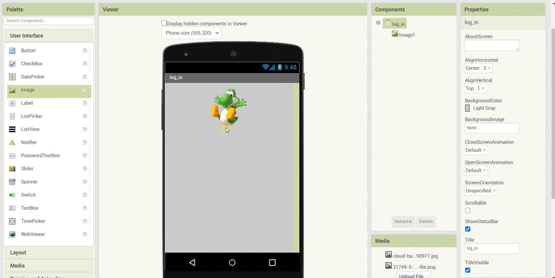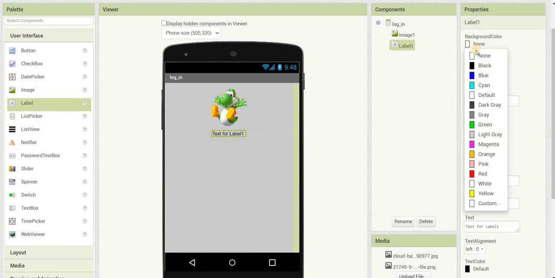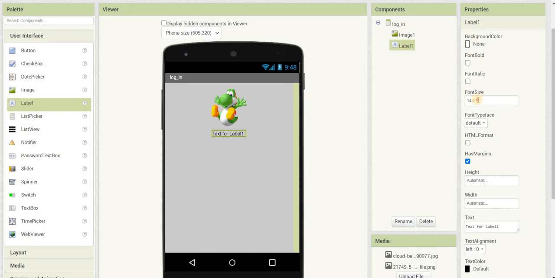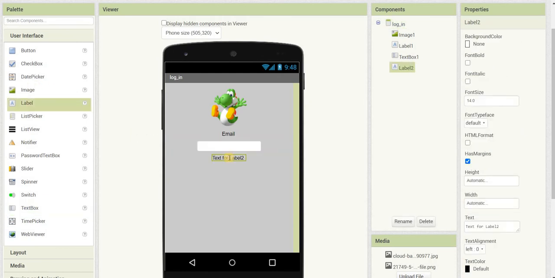Okay, then now I'm going to make a label for the email, like this, background or without a background, just to change the size, and write here email. Then I can put the text box, another label for the password, and change the font size,